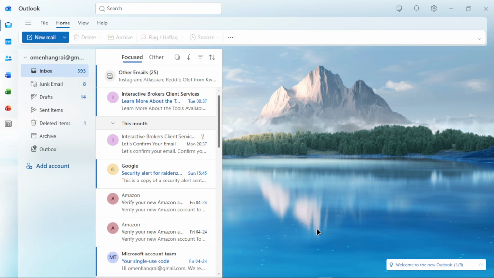How to transfer all your emails and databases of Outlook to a new device. There are two scenarios for that. First is whether you are using a Microsoft 365 service or Outlook account, or whether you are using a local POP account. So in the first case, mostly for Microsoft account users, mostly everything is stored in the